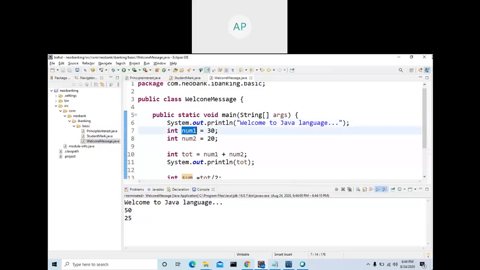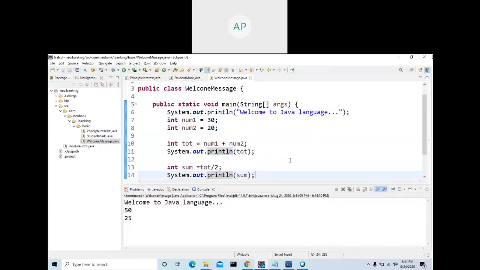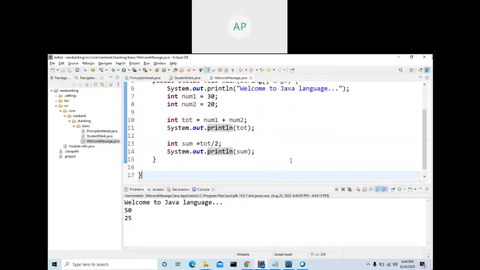Welcome. After that, you are declaring two variables and adding the two variables, storing the value here, and System.out.println is going to print the value. As of now, think of it as print the value. You got some idea about what is the program, what is the instruction.